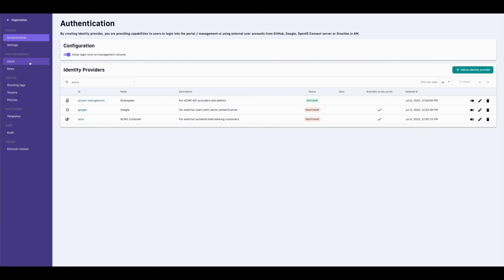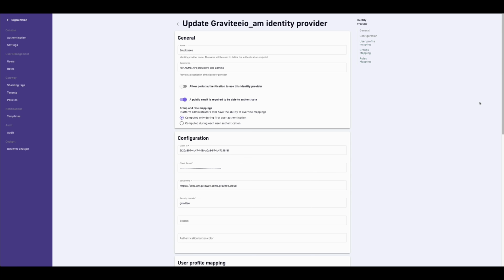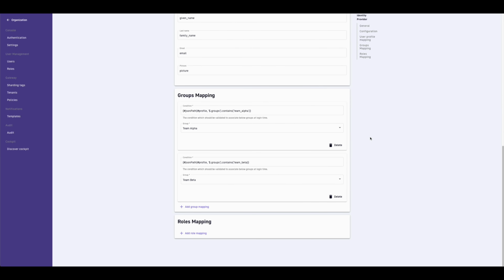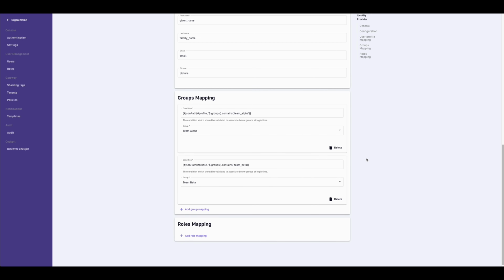So in Gravitee, we have configured multiple authentication providers in this environment. We have employees, which is using a Gravitee enterprise identity provider. We have Google, which is for our public users of the developer portal. And then we have an Okta based on OpenID Connect, which is for our bank customers. So if you look at the internal employee identity provider, we have something called group mappings. Group mappings is effectively what lets us provide rules to associate different roles and permissions in Gravitee with third-party identity provider